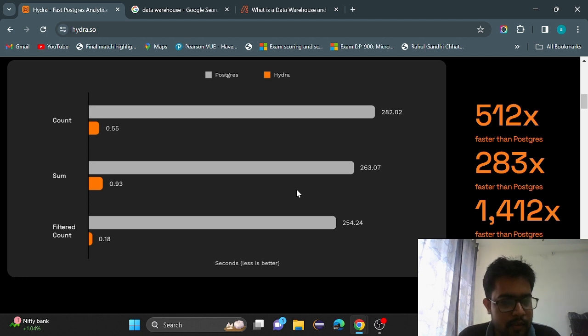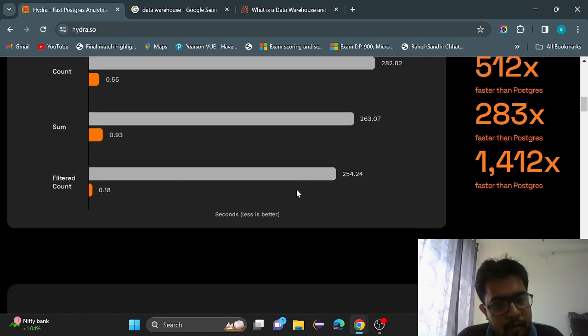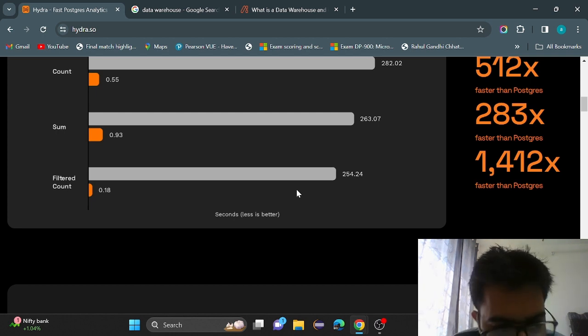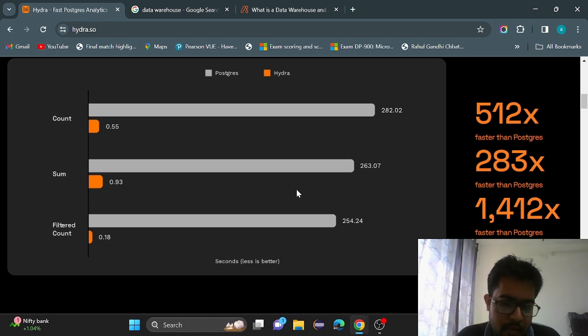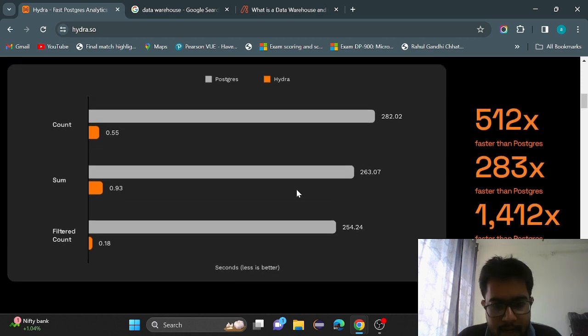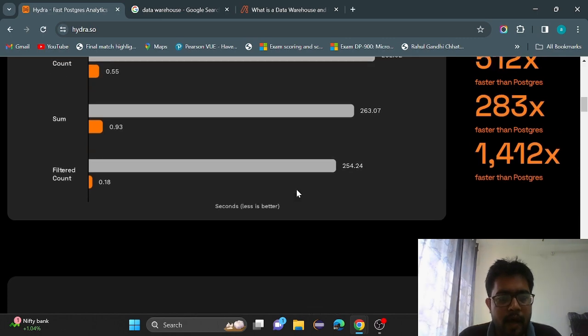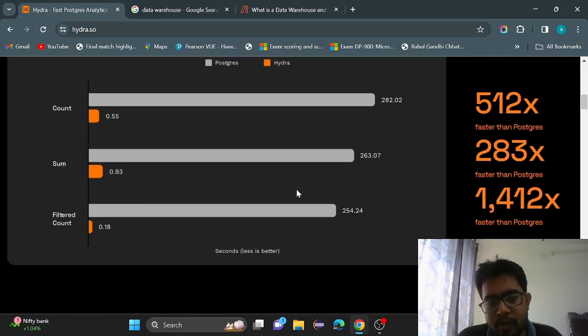Okay, when you perform some filter counts, it is almost 1400 times, you can say, 1400 times more time required for Postgres than for Hydra. So as you can see, this is why we are going to use Hydra. Okay,